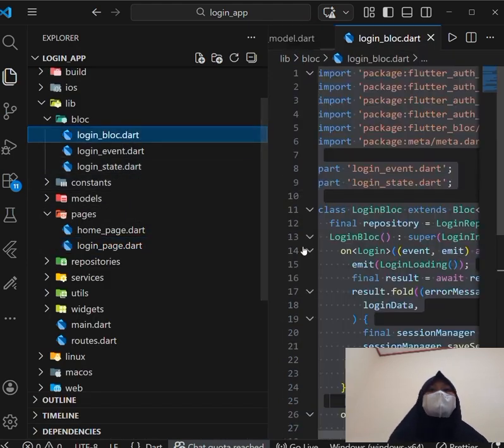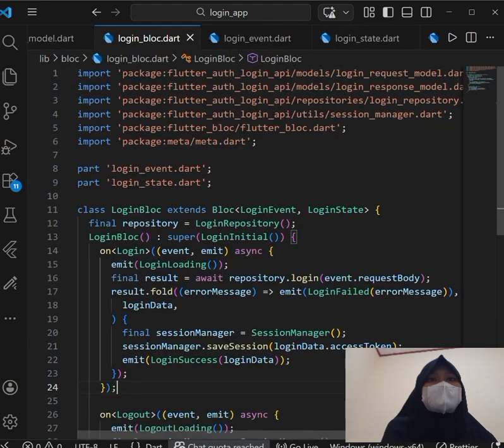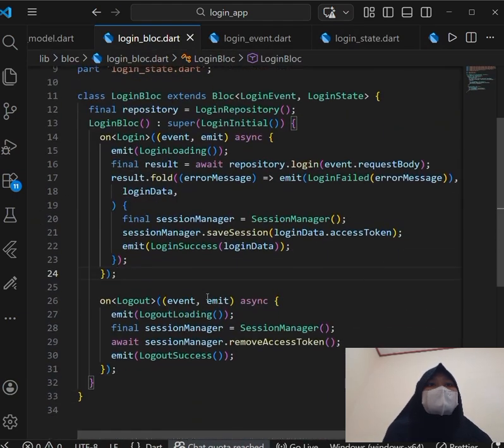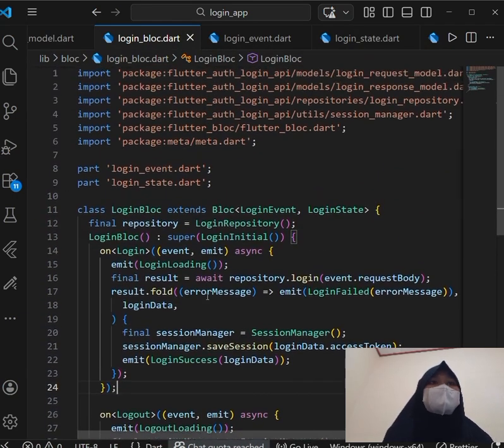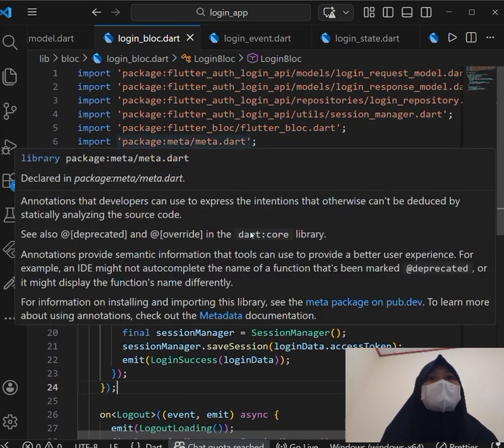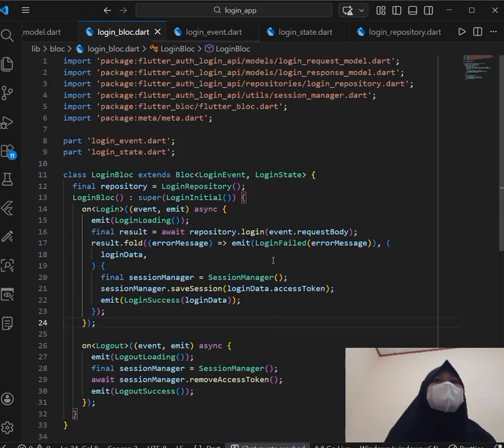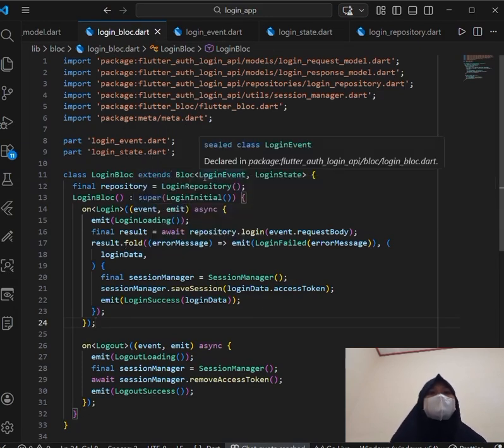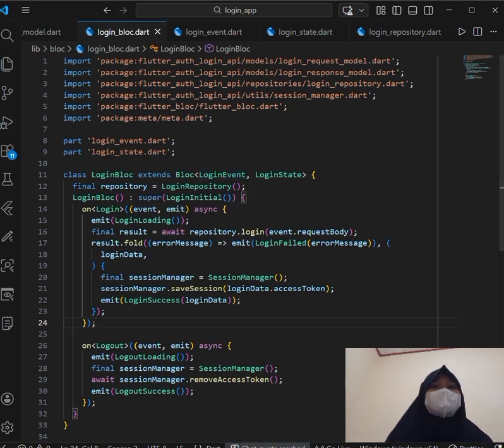Example, final response dio post. Without app constants, you would need the full URL repeatedly. If someday the API URL changes from the JSON URL to another URL, you would have to update every file. With app constants, you only need to update it in one place.